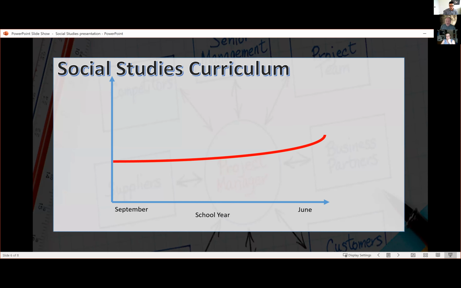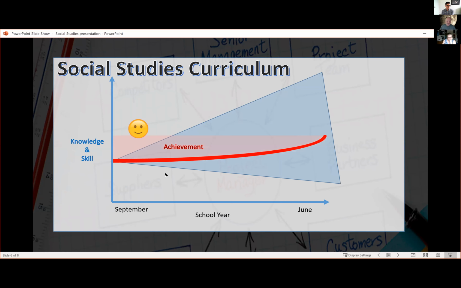So awesome, thank you. Okay, so the way I sold it to my administration at the start of last year, I'm in a brand new school that opened up a year and a half ago, was to take a look at concept and project-based learning. And the way the social studies curriculum works is we've got a curriculum here of knowledge and skills along the red line. Within this area, this is what a student would learn over the school year. You know, that's their achievement. If they've done that, we feel there's an achievement.